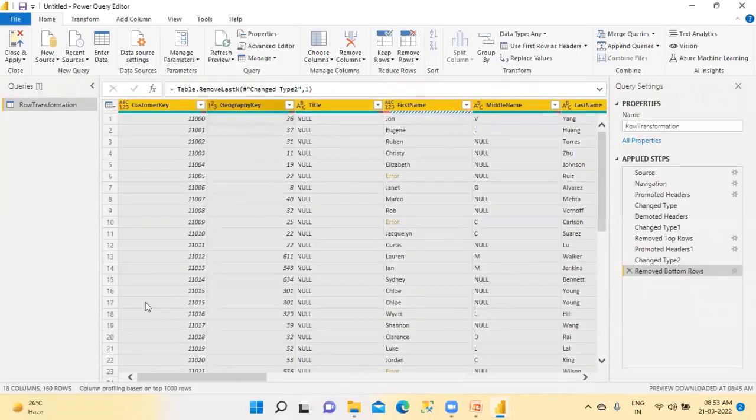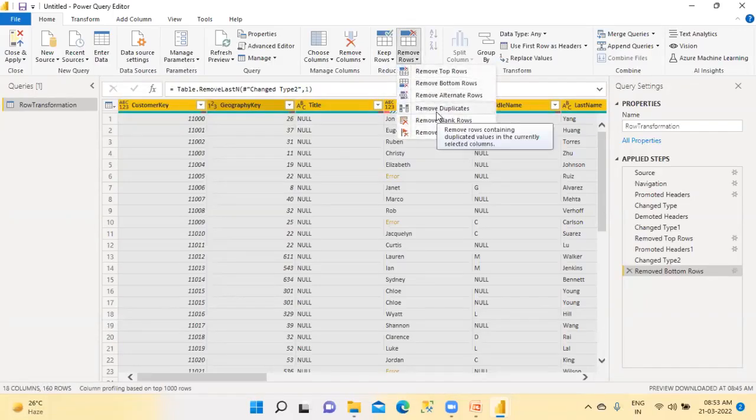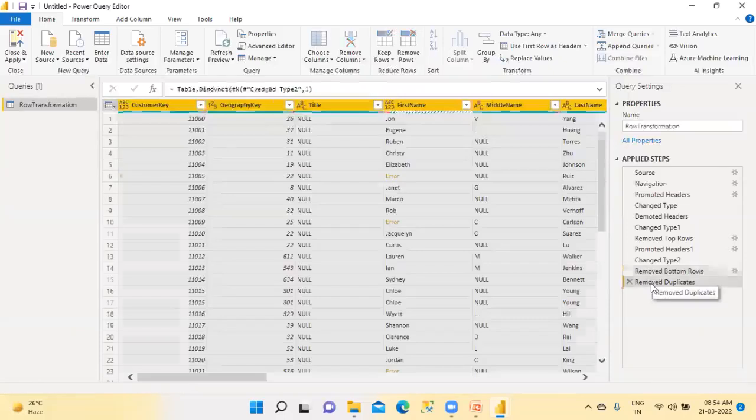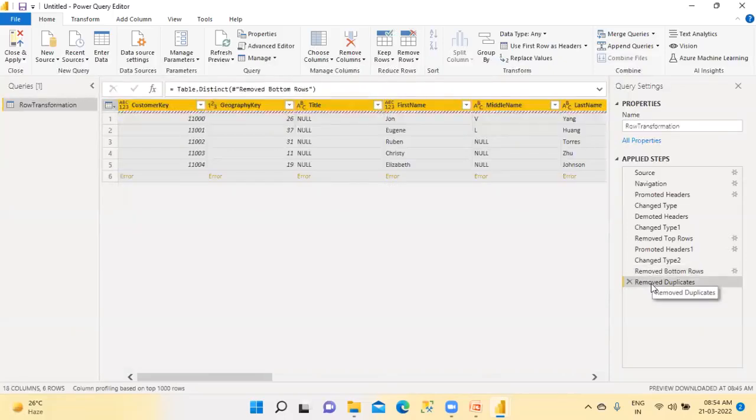At table level, I had 160 rows. Now I go and say remove duplicates. When I say remove duplicates, how many duplicate rows got deleted? 6 rows got deleted. Remove duplicates means this is the data, this one data. If you wanted to keep this data,